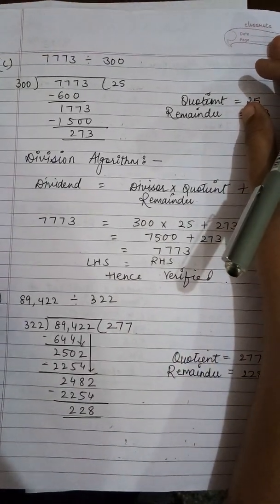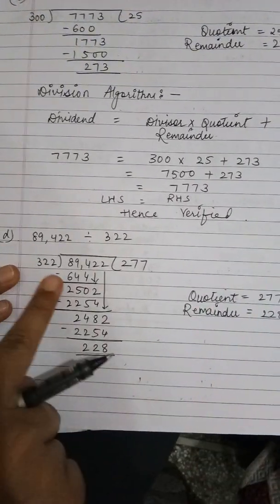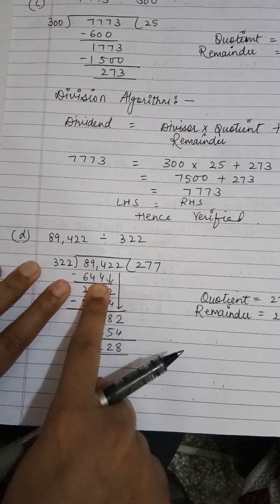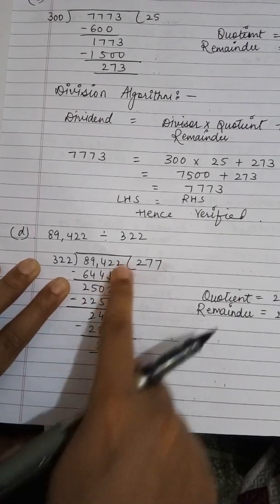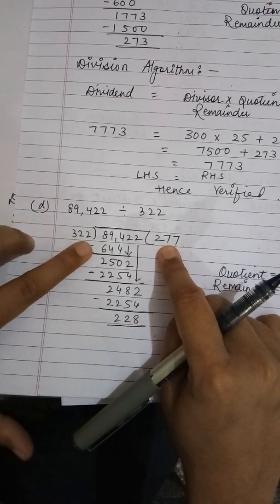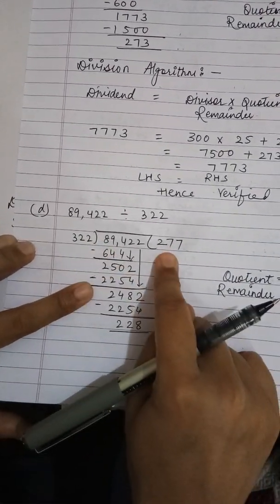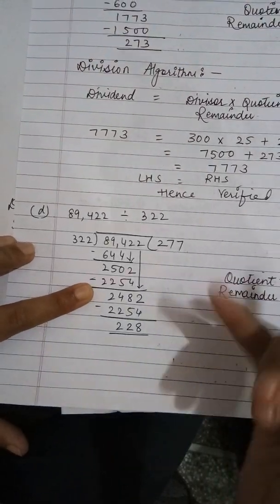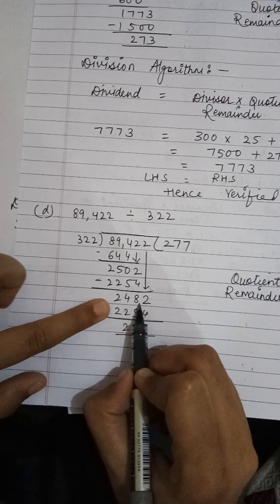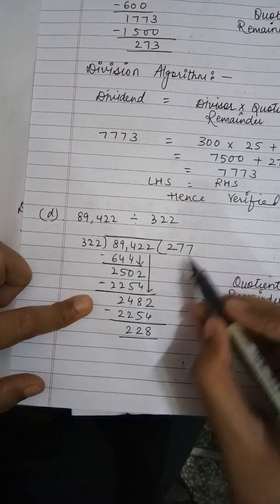Now let's do the D part. In the D part also you just have to divide. Firstly, you can see that on the table of 322 it will go on to 644, then it will be 250, and then you are going to bring down 2. It will go on the table of 322 on 7. 322 7s are 2254. You just have to multiply, you just have to divide, you have to see on what number it is going. Then 248 is there, then we are going to bring down 2, and again it will go on 7.